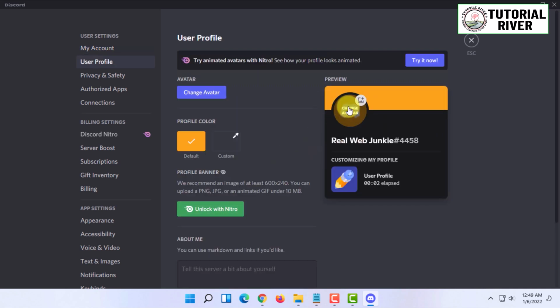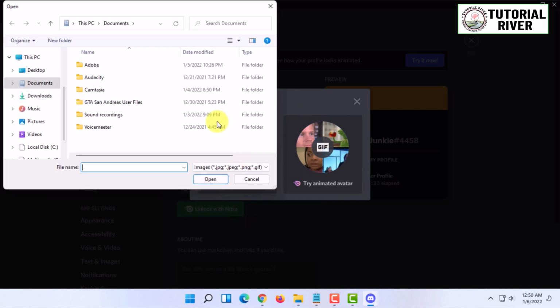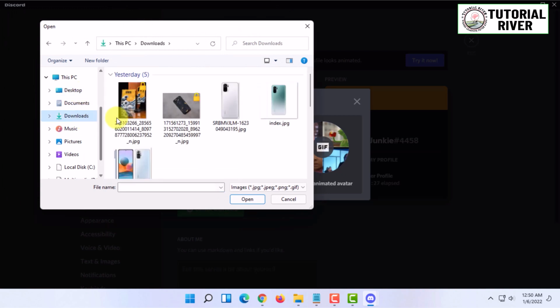You will find change avatar option here and here as well. You have to click on that, and you have to click on upload file. You can try animated avatar of Discord, which are some default avatar available in Discord, or you can simply click on upload file and choose your own image. So from here you have to select the image